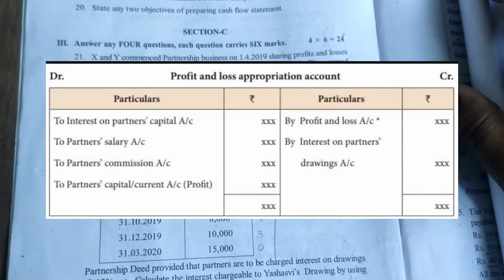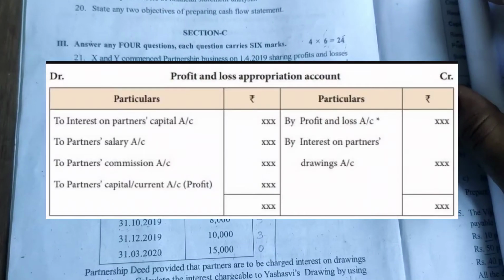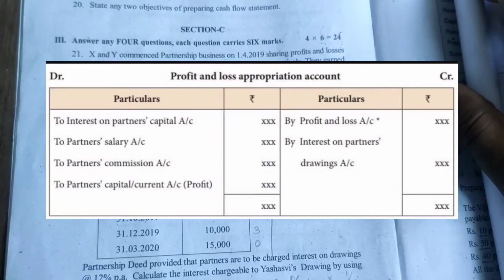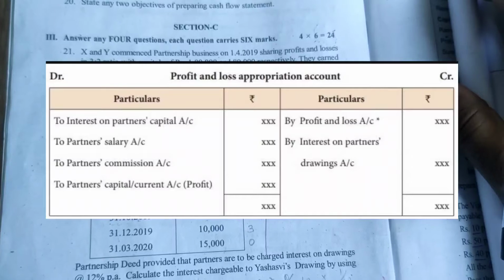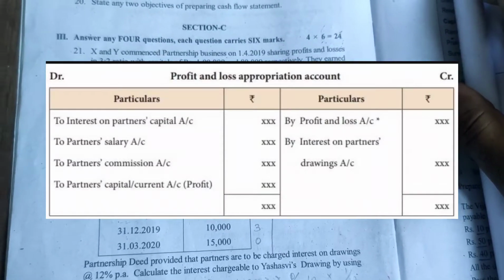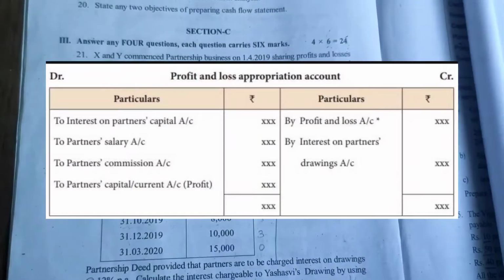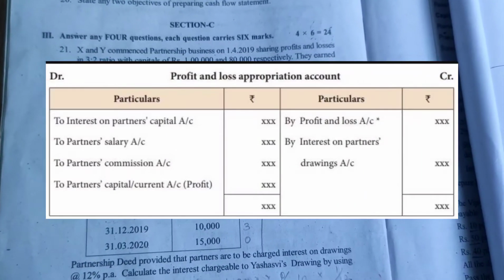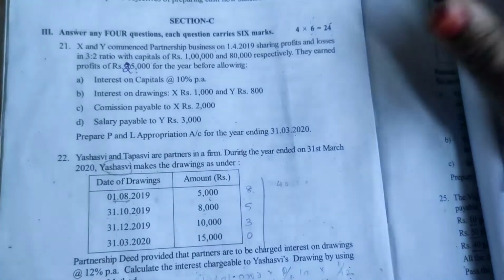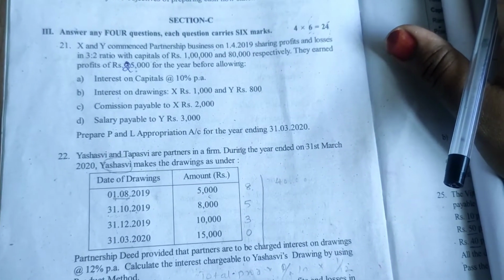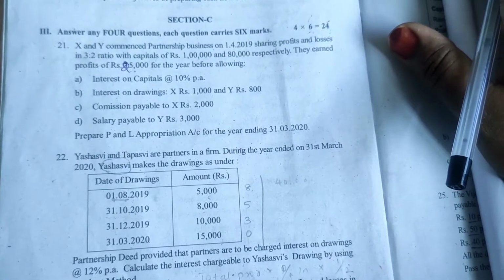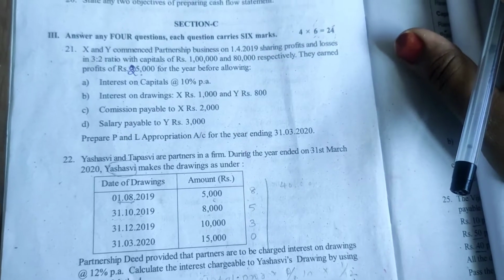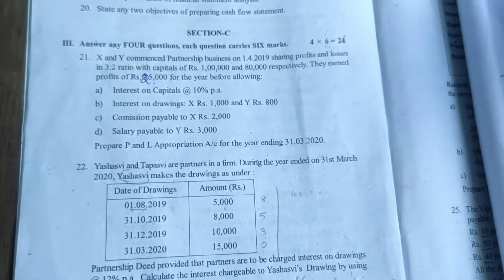Salary is also an expenditure, so it will appear on the debit side. Commission we deal with the same way. The thing which is income will come on the credit side, so profit and interest on drawing will come on the credit side. The rest, salary, commission and interest on capital, will come on the debit side. So as per the format, let's start